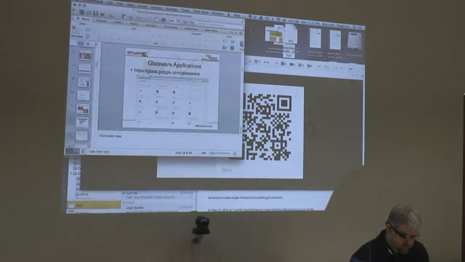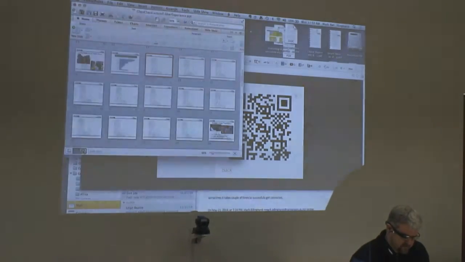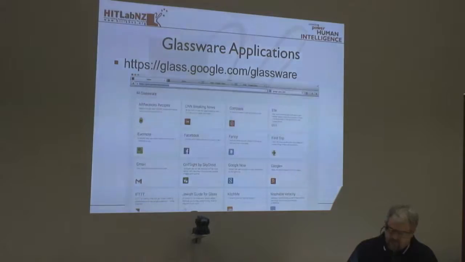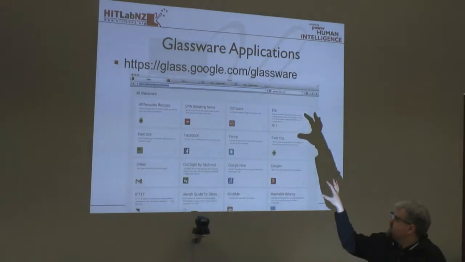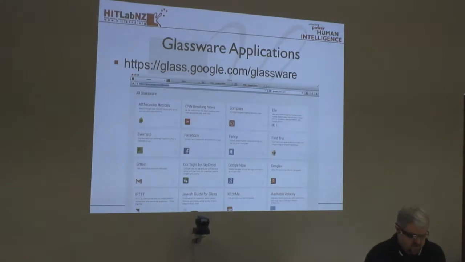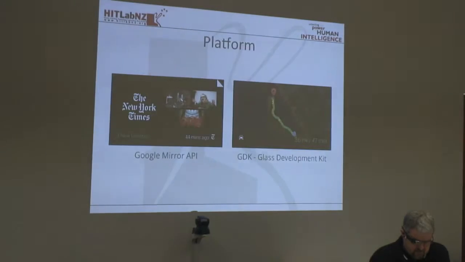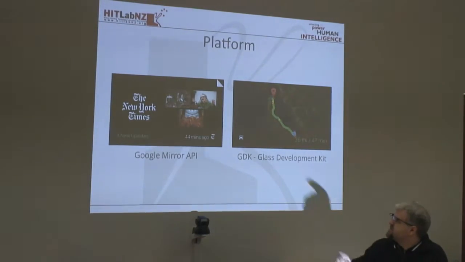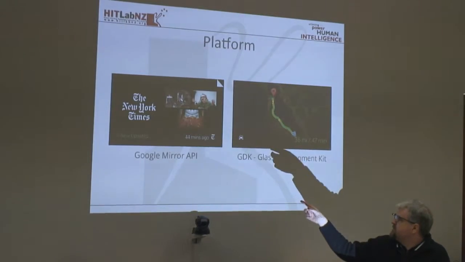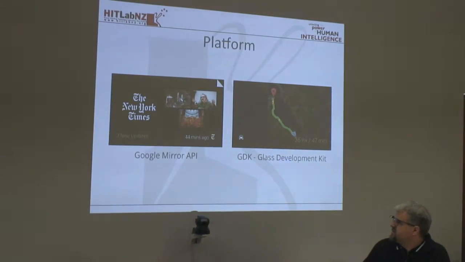So that's the example of the Glass applications. And now to build applications, there are two ways to do it, and in the course this week you'll learn both of them. So one is using the Google Mirror API. So the Mirror API is normally used for